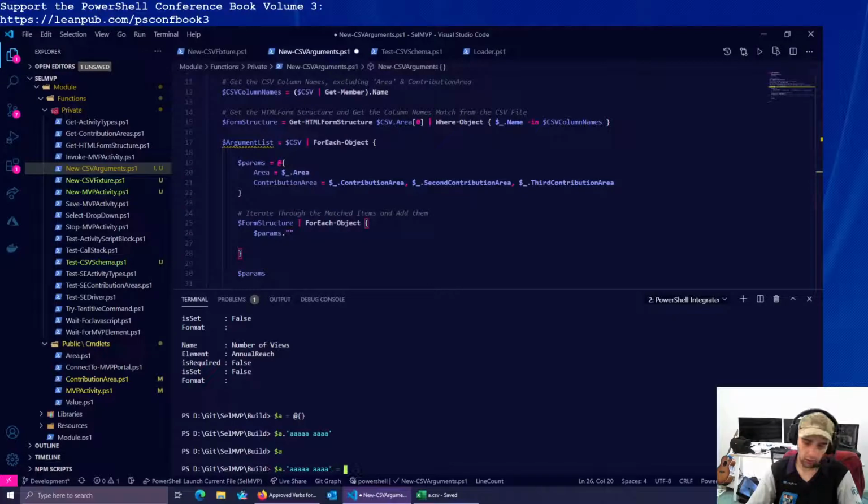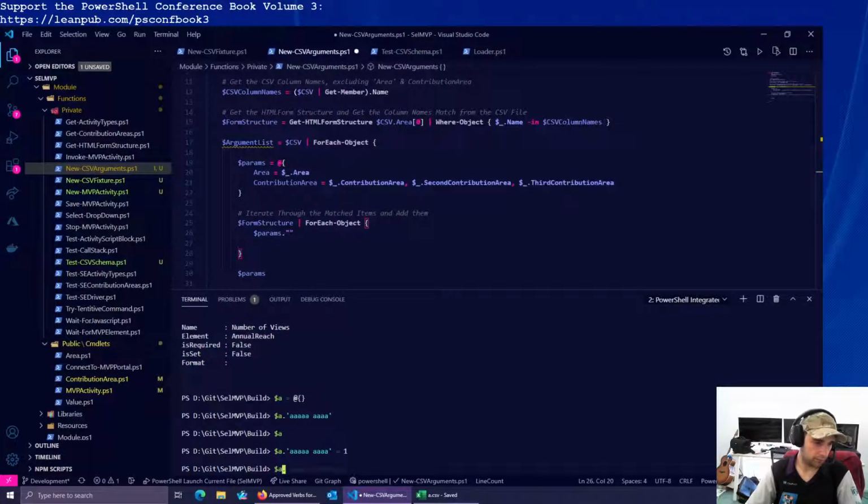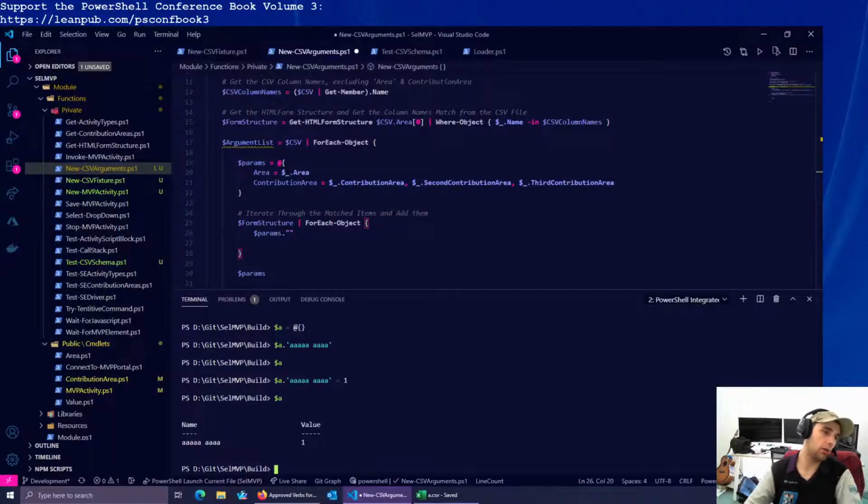Oops, I need to go equal blah. Okay, cool. All right, so we can basically just wrap it inside that, make it a string literal for safe purposes. And what we're going to do here is then go dot name, and then we can set equals